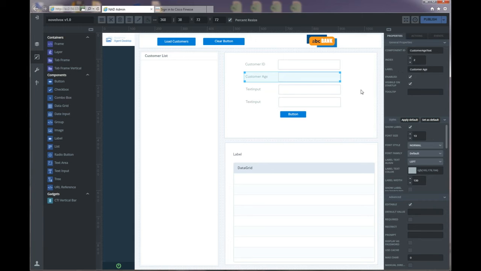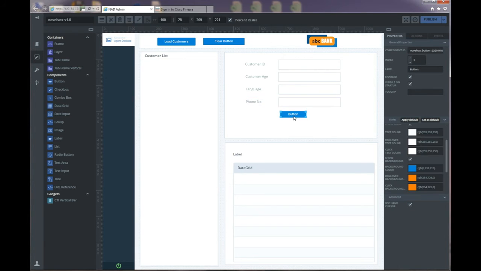Oh, it's capital G. This one's going to be customer language, capital C here, and the text input is going to be language, and the final one is going to be customer phone number text, and it's going to be